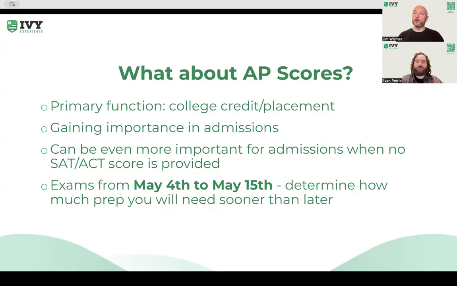They are more important for admissions when you apply to a school that's test blind, even. That might sound weird, but test blind UCLA does use AP scores in admissions, and so does UC Berkeley. So the two most competitive of the University of California schools, which are test blind, do use these tests in admissions. So really, it's SAT, ACT blind, not test blind, but they call it test blind. So that is what it is.